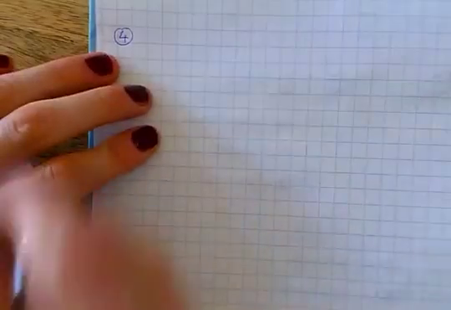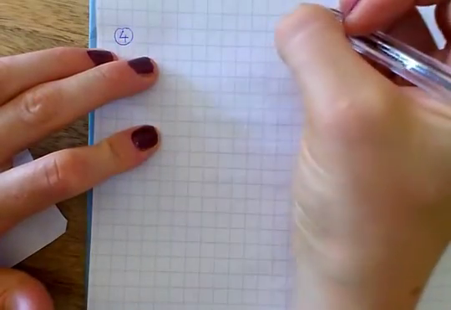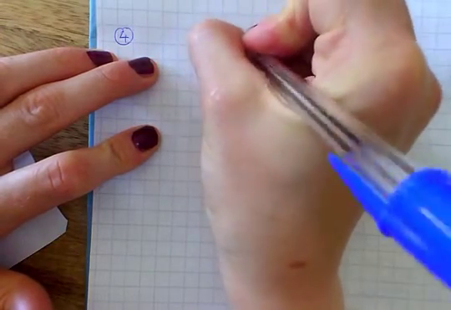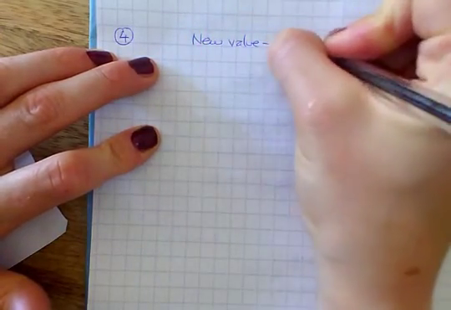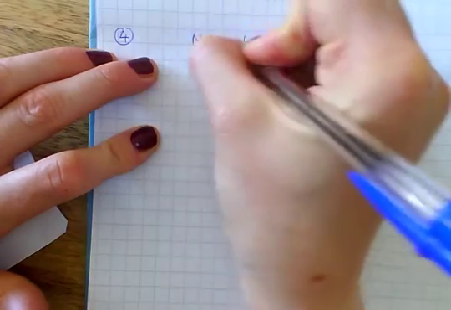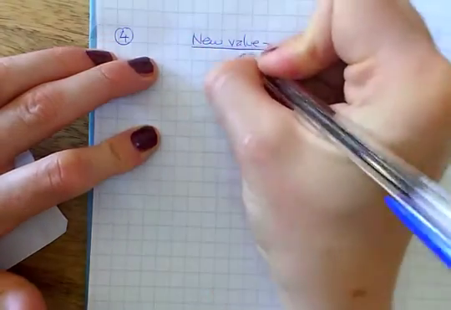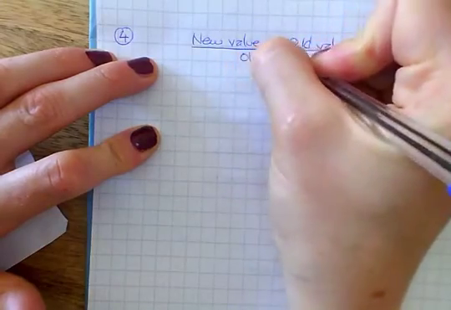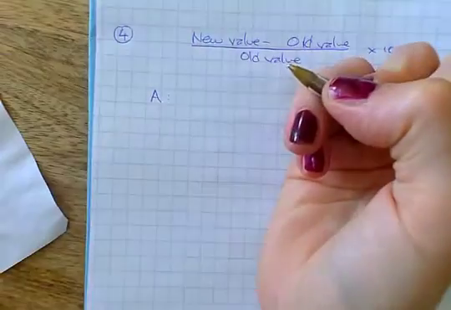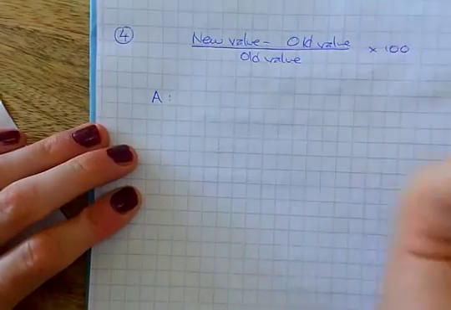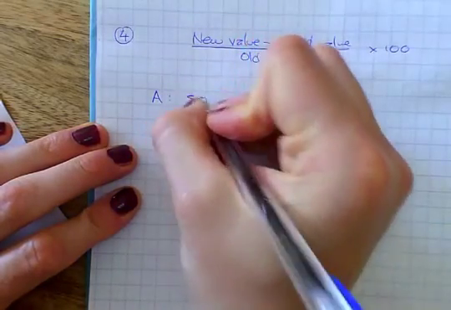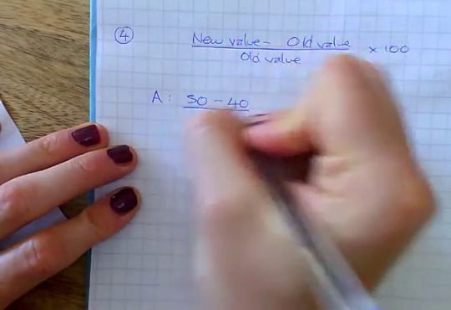And so the percentage change is going to be your new value minus your old value, or initial value rather, divided by the old or initial value times by 100. So for city A, starts at 40 and increases to 50, so we've got 50 minus 40